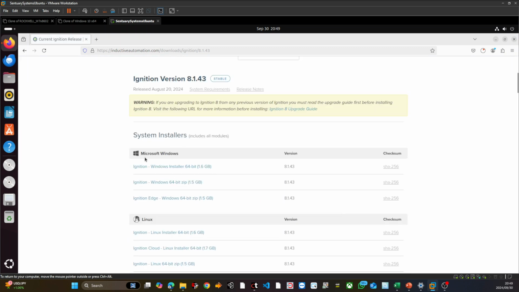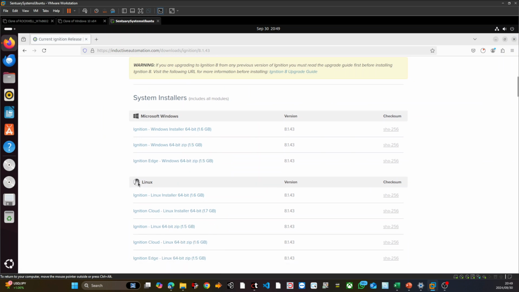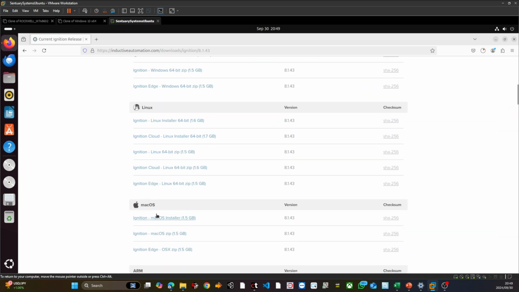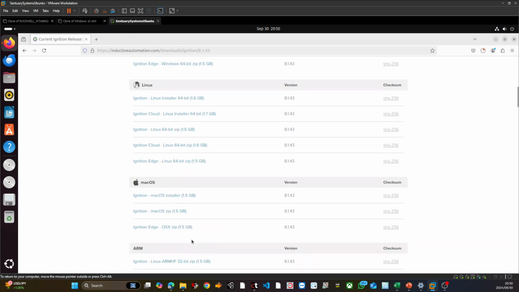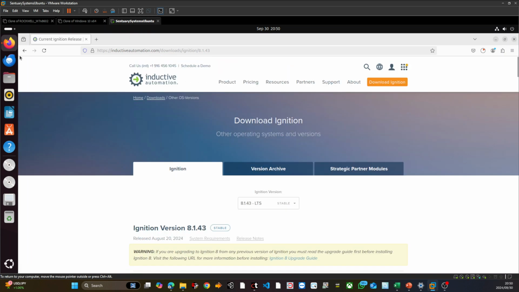You'll see the first one is Microsoft Windows, and then the different types, the 64-bit, and so on. Under Linux you've got different ones too. You could choose whichever one is compatible with your operating system. Even under Mac OS you've got different options, and even under ARM you've got different options. But for us, it's fine. We can go back, and from there